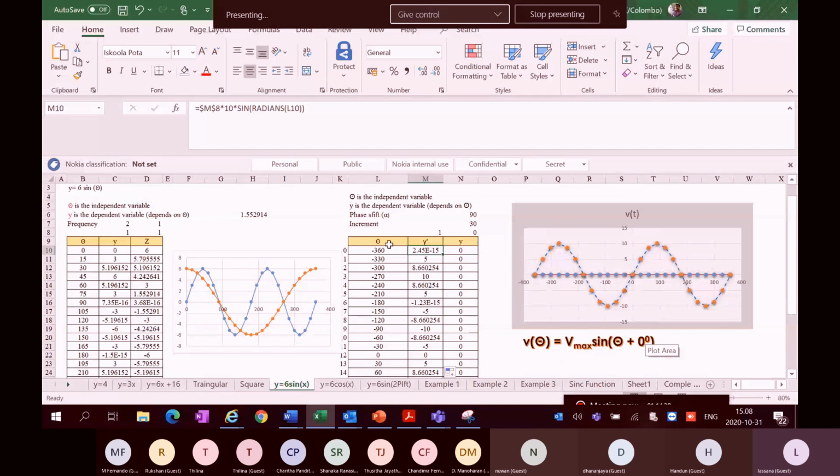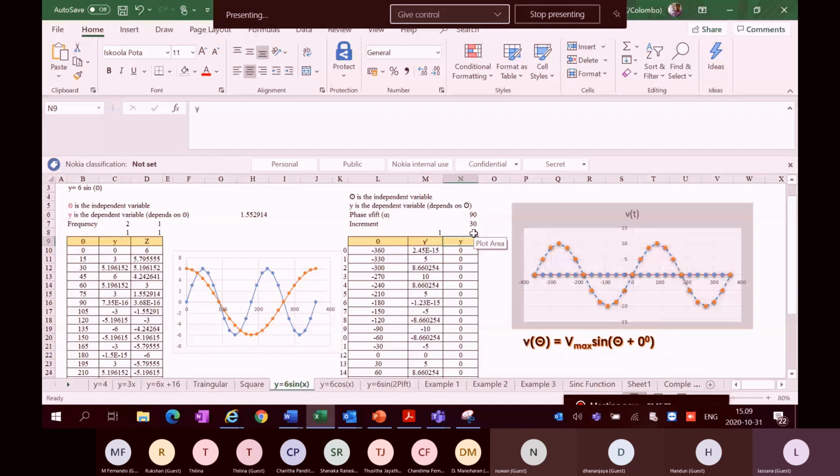I also wanted to add one more graph as well. For example, if I put one here, you will see the other graph as well. Forget about that for the time being. Likewise, you can draw signals by using the Excel tool and see the behavior of signals. Let me put the original value 6 again, right?